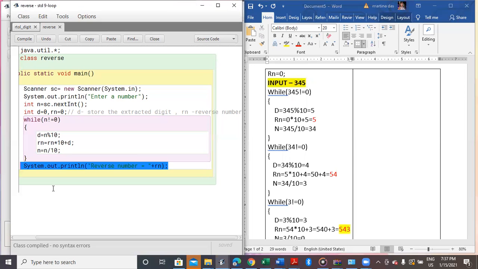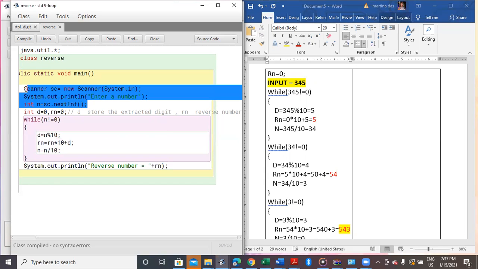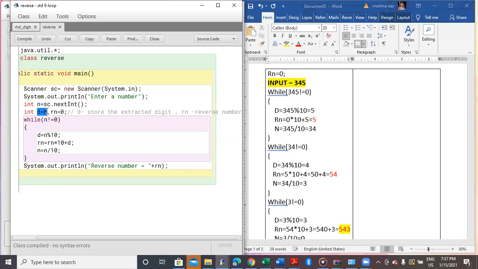Again, to recapitulate, what did we do? First, we have accepted a number from the user. Then we are taking two variables, d variable to store the extracted digit, rn to store the reverse of a number. Then we are taking the while loop, checking till the number becomes 0, the loop will take place. Then over here we are extracting one digit.